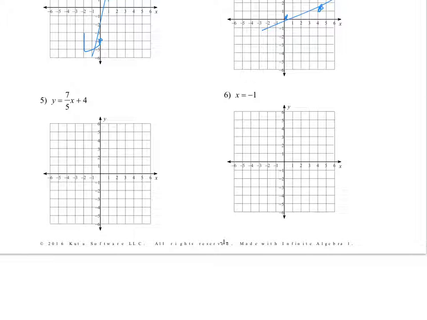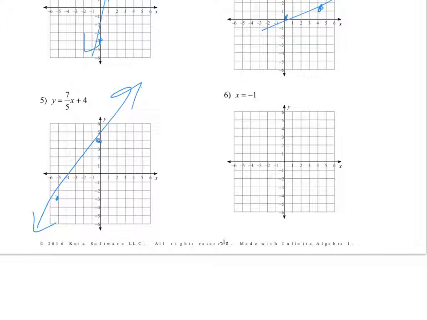Yeah, let's keep going. This one, okay, up 4. Now, if I go up 7 and over 5, I'm going to end up way over here. So I'm going to go backwards. I'm going to go down 7, 1, 2, 3, 4, 5, 6, 7, and over 5 to the left this time. And look, that point and this point are in line with each other,